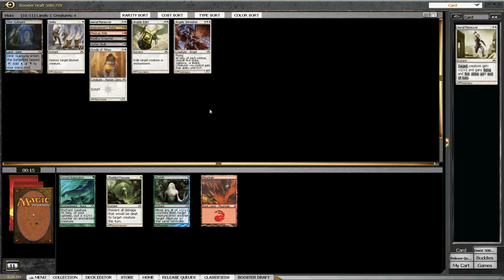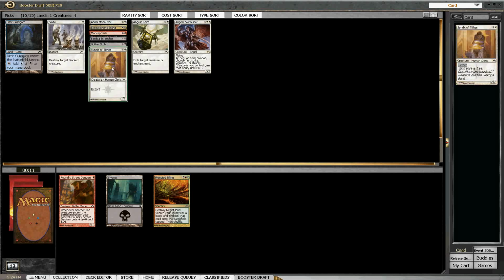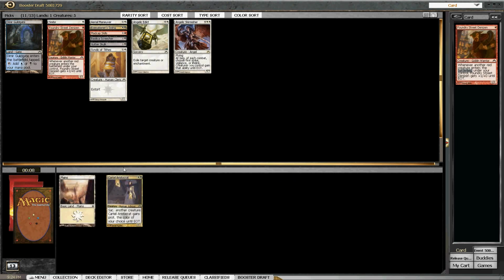Alright, here's 3 cards, none of which I would play. I'll just cut a Forced Adaptation, I guess, at this point. I have a few removal spells, but nothing too much. I'm just going to take the Denizen if I end up...